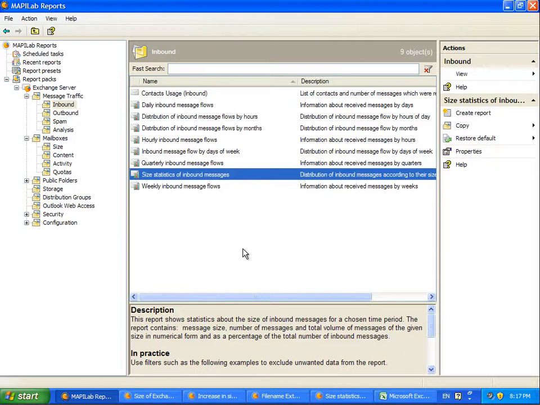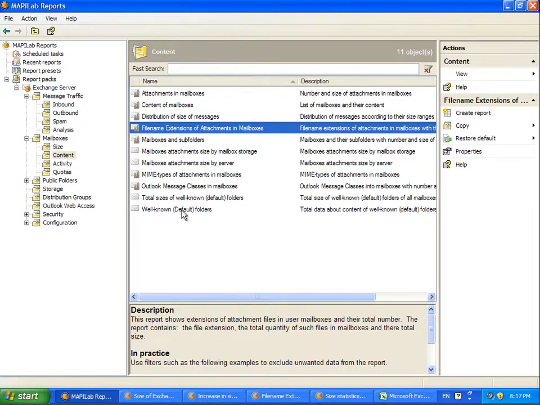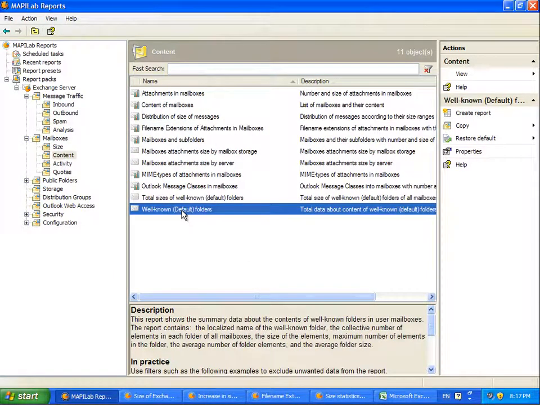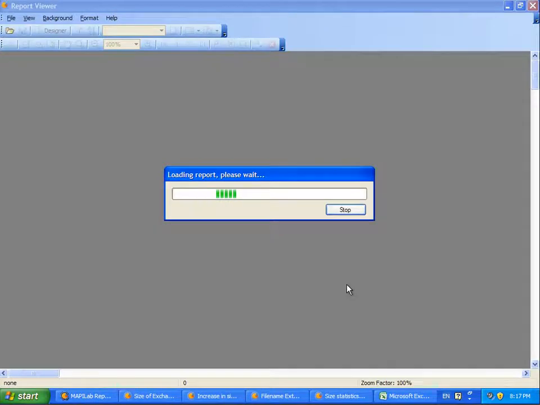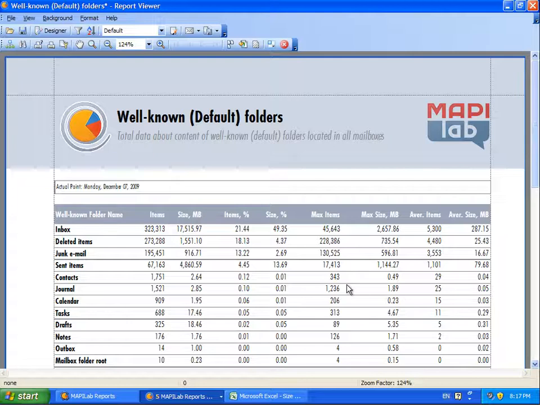Also, it is necessary to pay attention to such standard folders as Deleted Items and Spam. We should find out what percentage of our data storage is occupied by them. We can centrally define policies for managing the size of these folders on the server. Observing these figures, we can conclude that the organization has no policy for these cases, and the implementation of an appropriate policy will allow us to reduce the data storage size by a few percent.